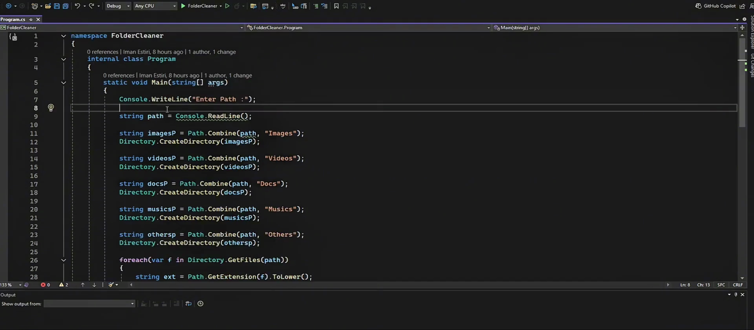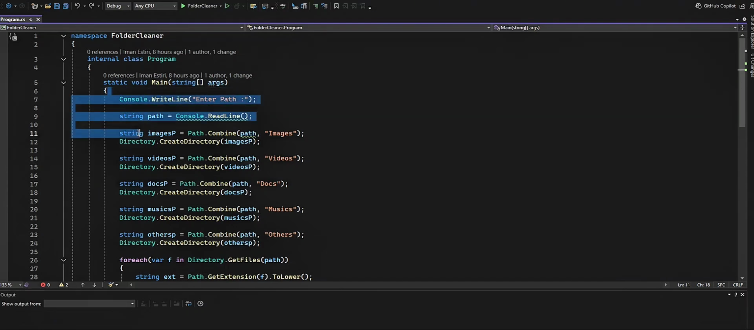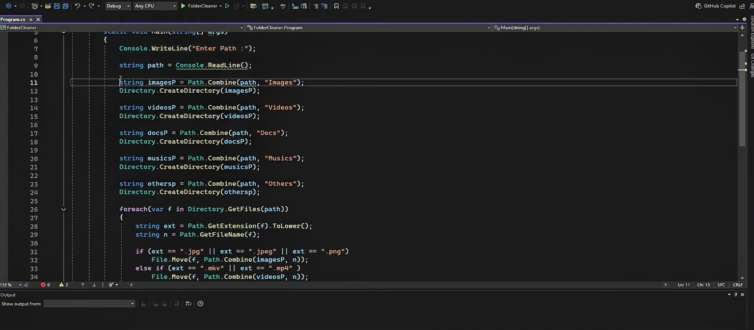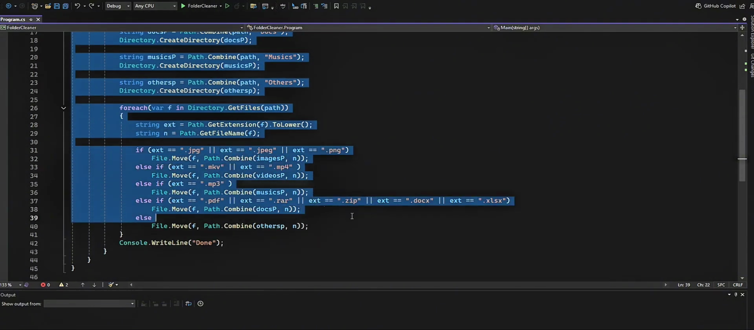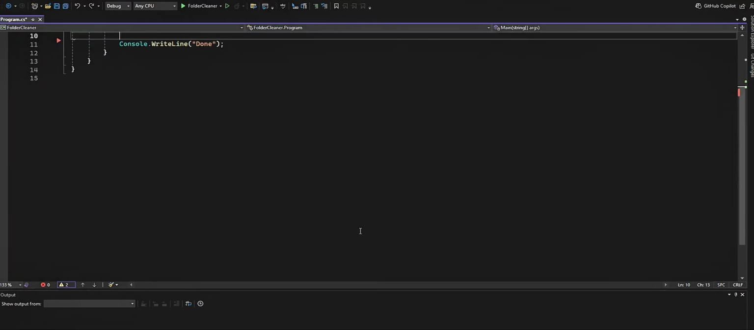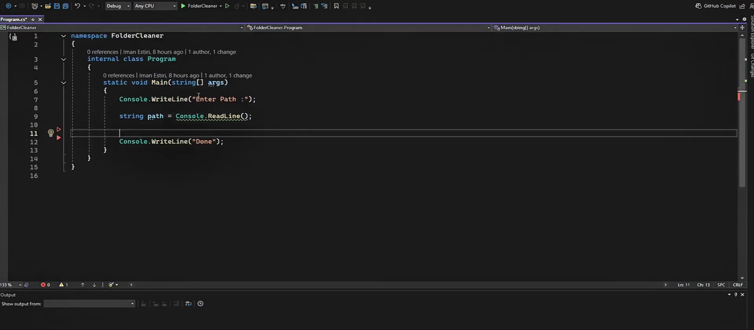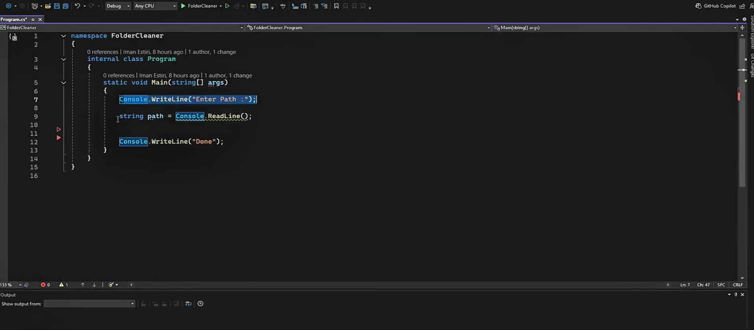Okay, for refactoring I'm going to keep some lines and remove the rest of them. I will remove from here down. Here I'm going to get the path, which will be entered by the user, and this is the final result. So I'm going to keep